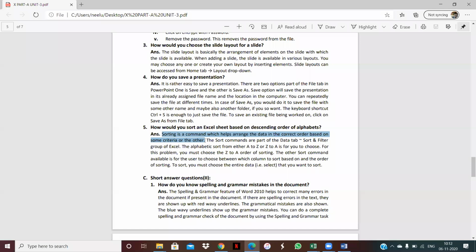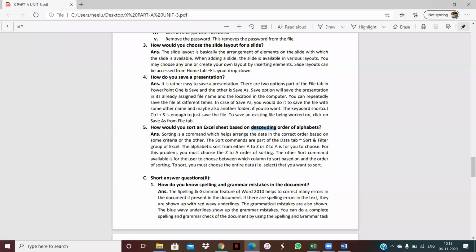The sort commands are part of the Data tab, in the Sort and Filter group of Excel. The alphabetic sort from A to Z and Z to A is for you to choose. For this problem, you must choose Z to A order of sorting because they are asking for descending order.